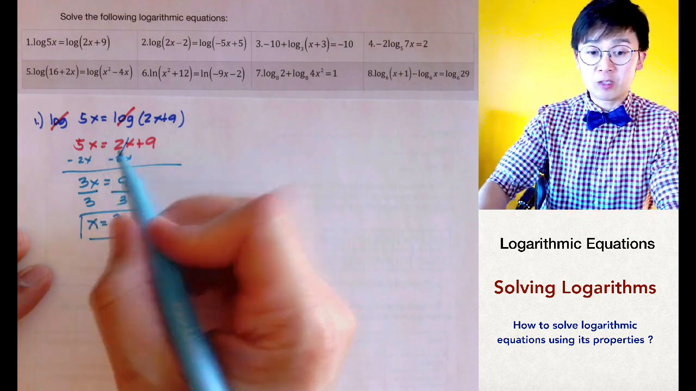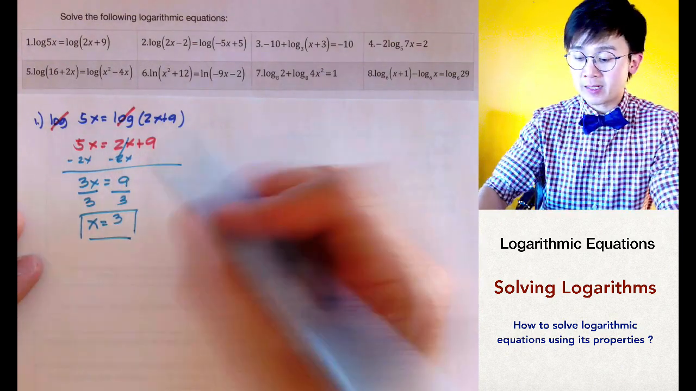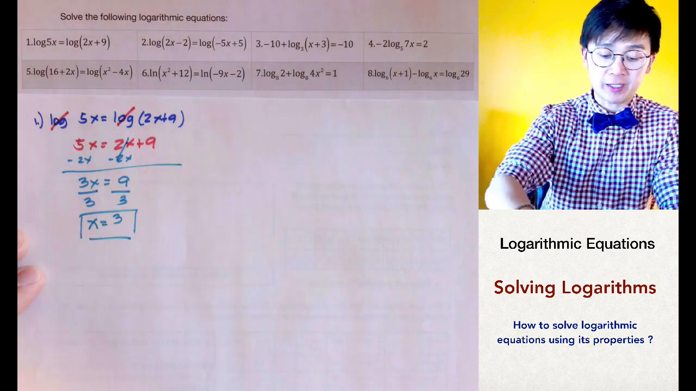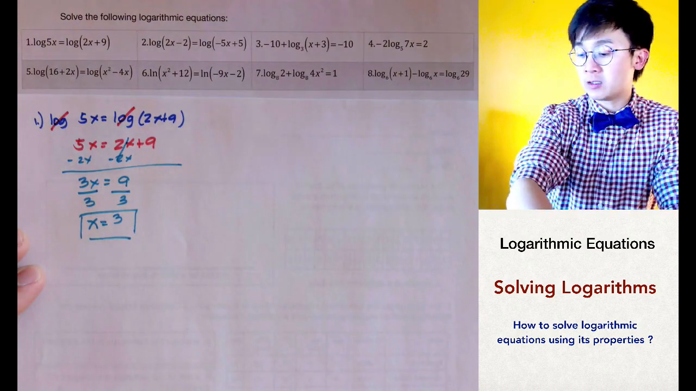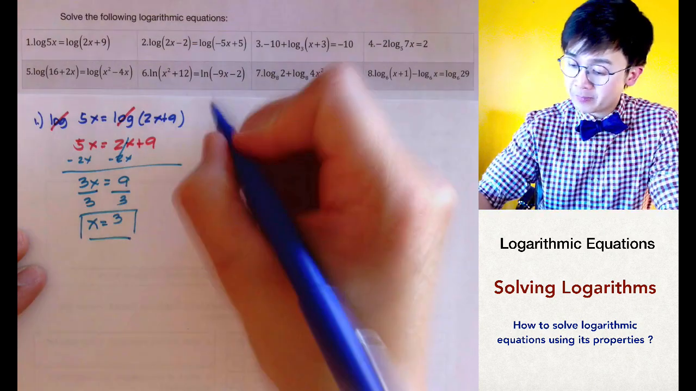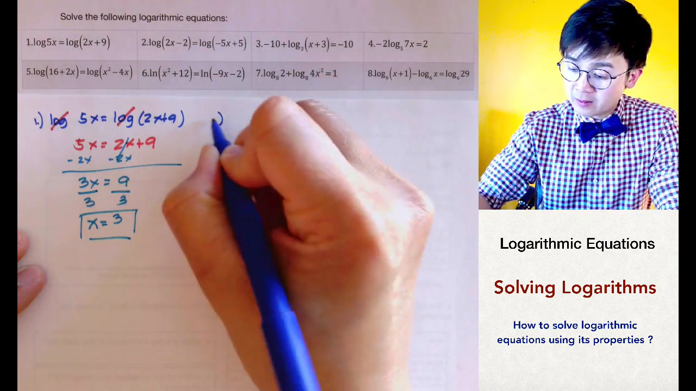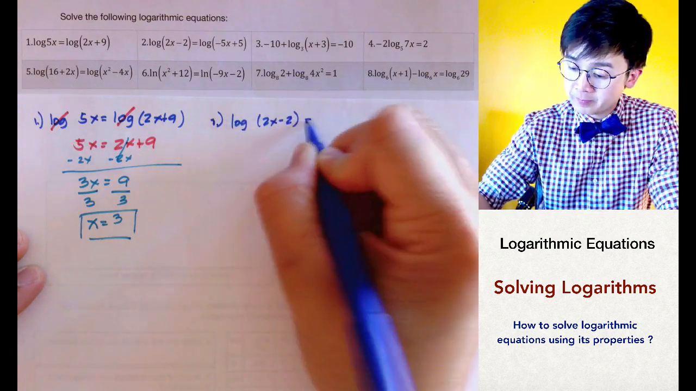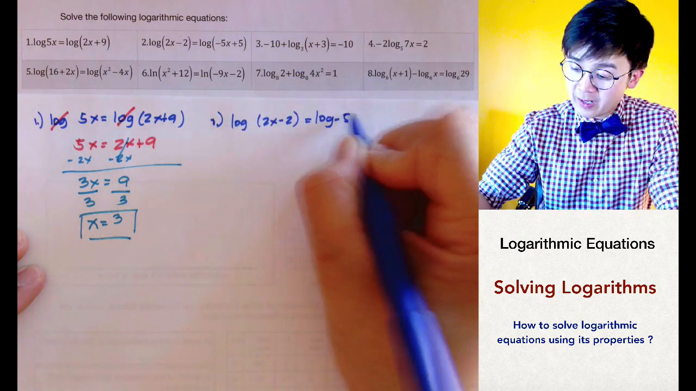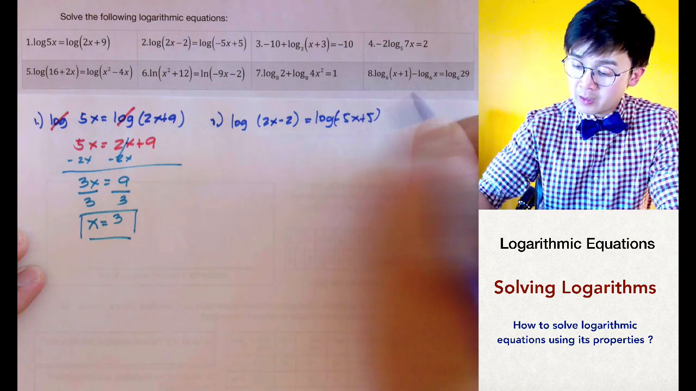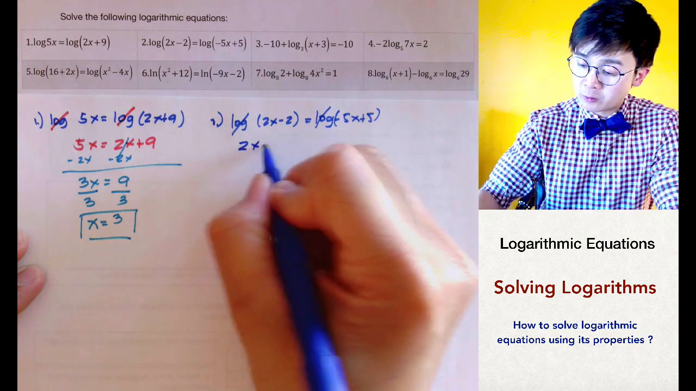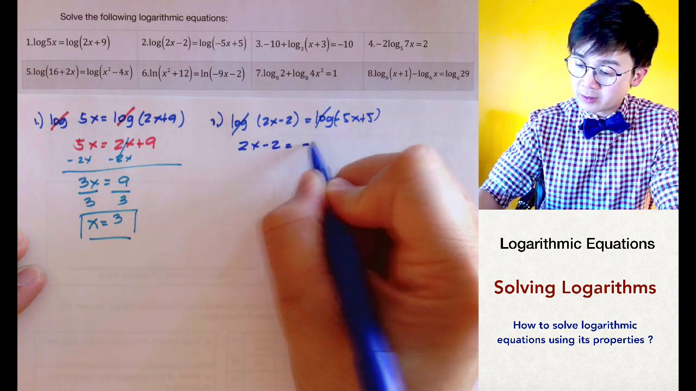So, kailangan alam nyo lang yung mga properties ng logarithms para pag natanggal nyo na yung logarithms, pwede nyo lang siyang isolve like regular algebraic equation. So, problem number 2 naman, parehas lang ng itsura. Meron tayong log of 2x minus 2 at log of negative 5x plus 5. So, since parehas silang log, pwede natin siyang i-cancel and we'll end up with 2x minus 2 equals negative 5x